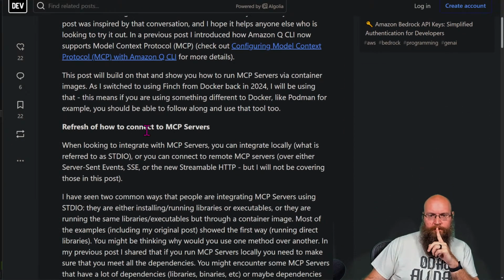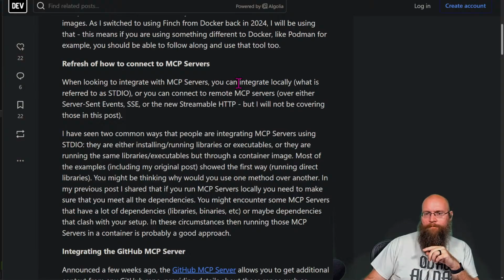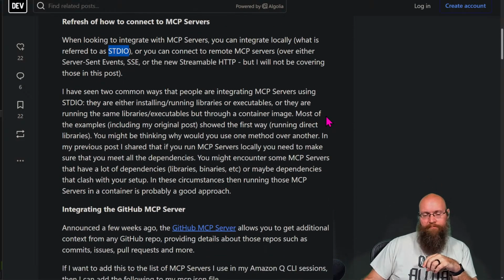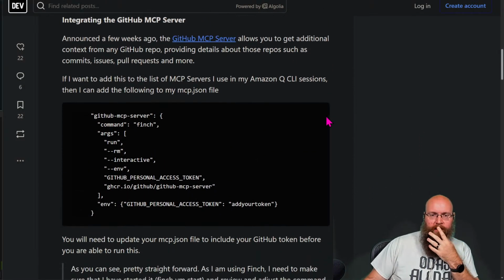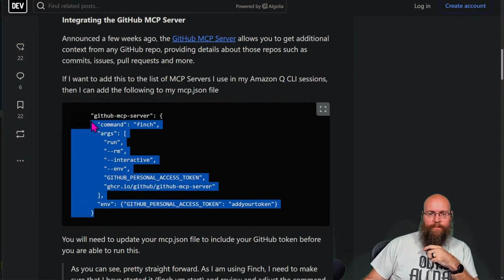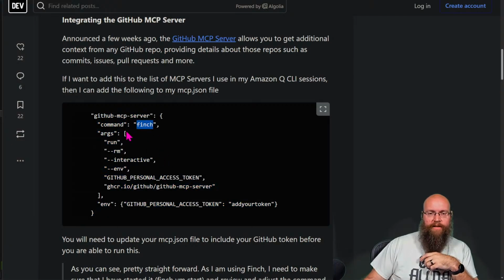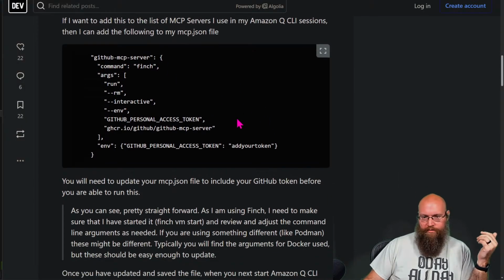All right. So we can have it connect to a standard I/O, or we could have a remote connection, which is actually interesting. I did not know, because I haven't looked at MCP too deeply. I didn't realize you could even have a standard I/O style in here. That's actually kind of cool. And it looks like this format style is pretty standard, right? Look, Finch run, bam. It's just going. Finch, not bitch.